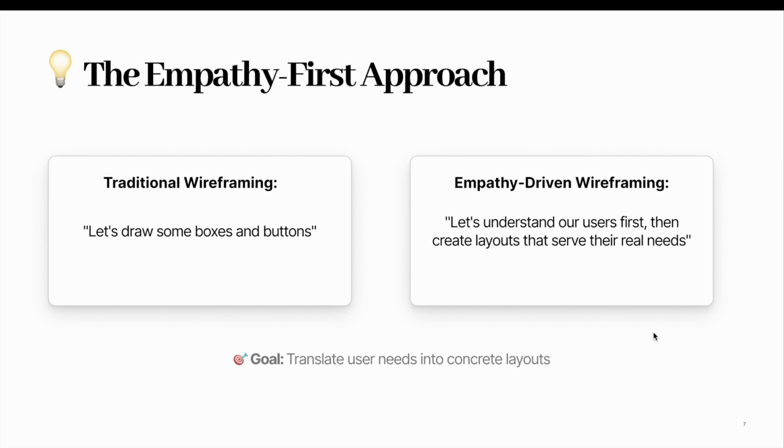Okay, so here the goal is to translate the user needs into concrete layouts. So we are going to convert the needs from the users into the wireframe that is going to come on the screen. Okay,